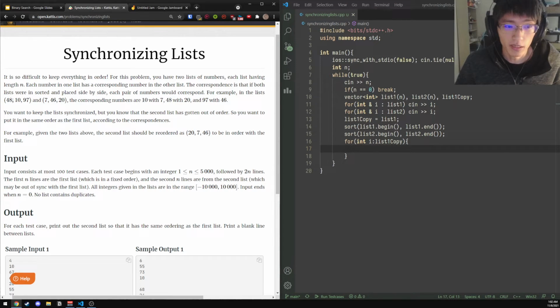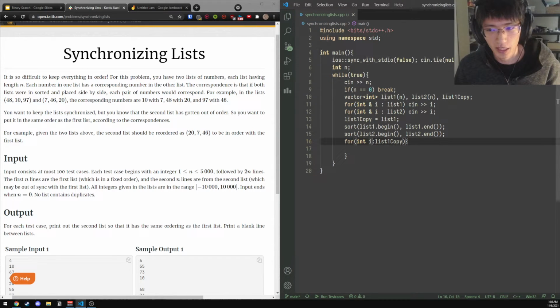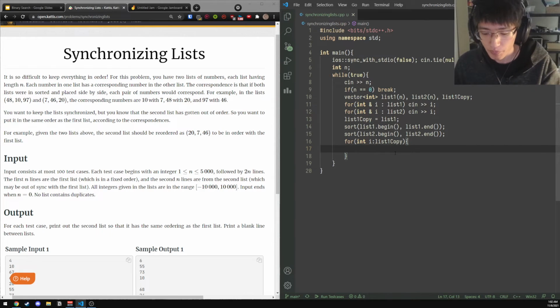Like index 1, and then I want to find index 1 in the sorted list in the second one. So I want to find the index in the sorted list for the unsorted one. So I is going to be the unsorted value, and then I want to find that unsorted value in the sorted list. And then int index is equal to,